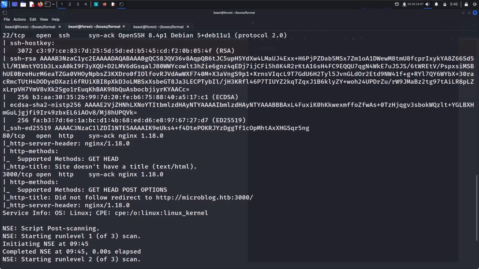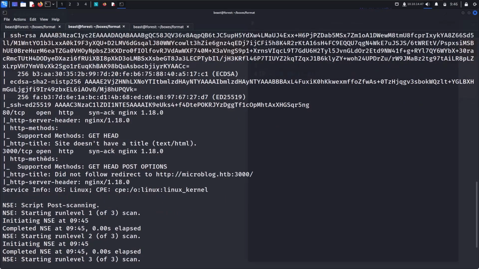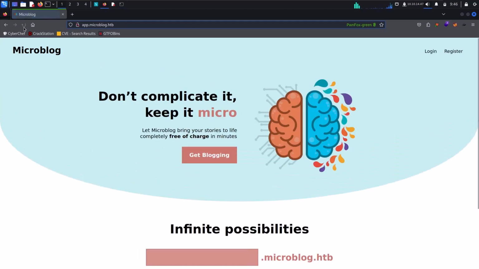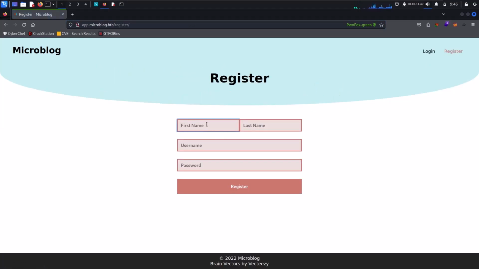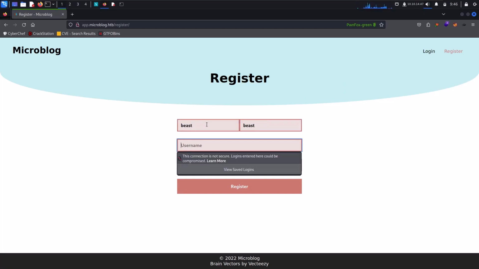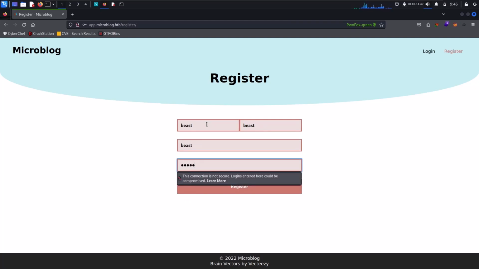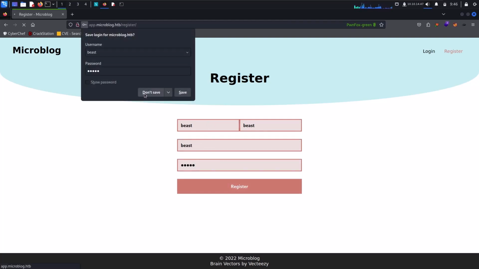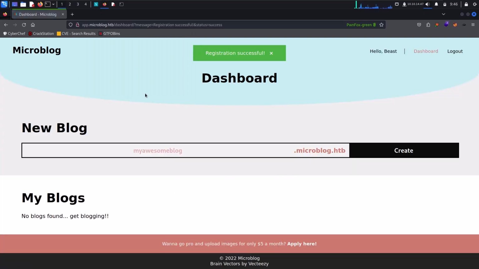Okay, so our port scan is complete. This is also the TCP port. Okay, we will save. So we will register it. We will give it our name, beast, everything is beast. Okay, so we can create our own site here, like a virtual host. So if we create beast,